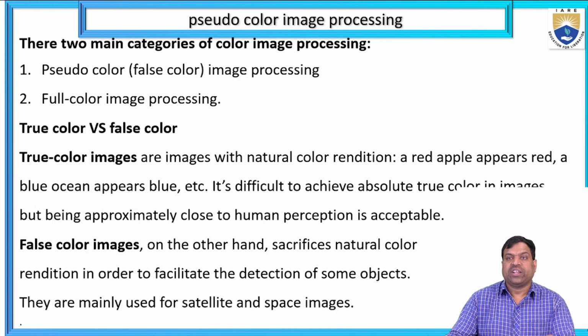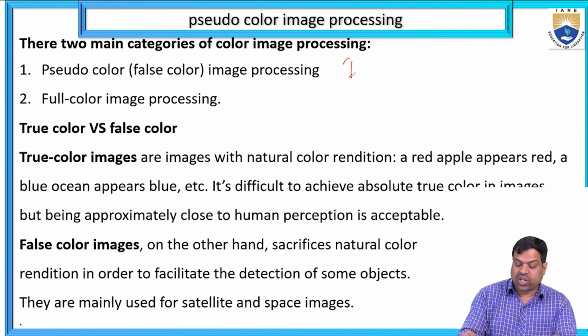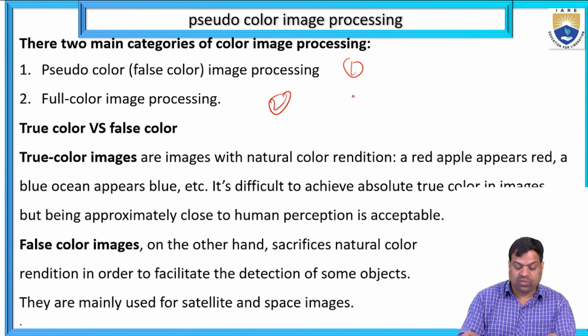What are the two main categories of color image processing? Pseudo color image processing and full color image processing. Just now we discussed, but in depth we'll discuss now. These are also called true color and false color. So already we know that pseudo color processing and full color processing are also called true color versus